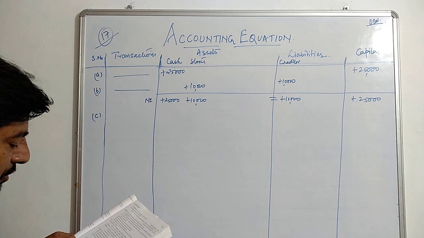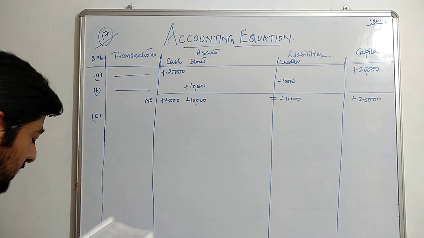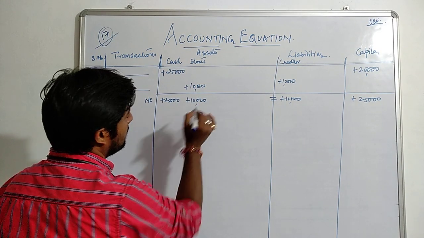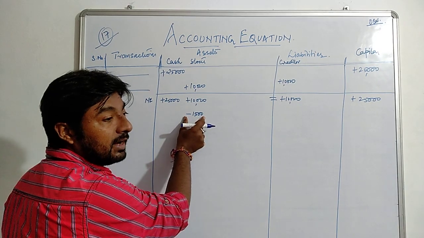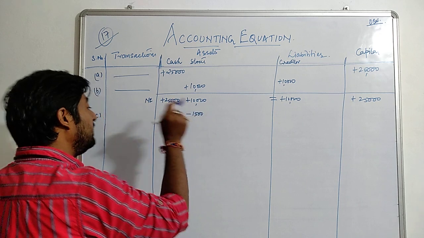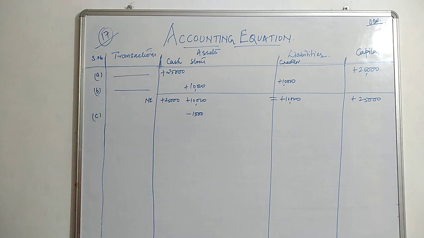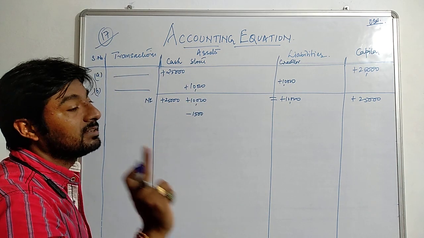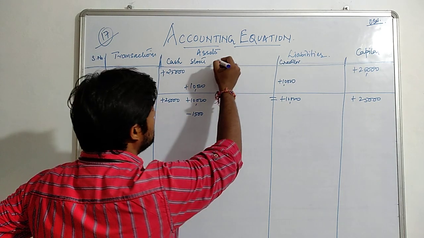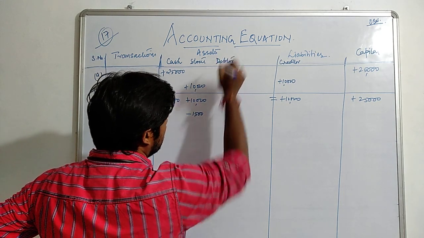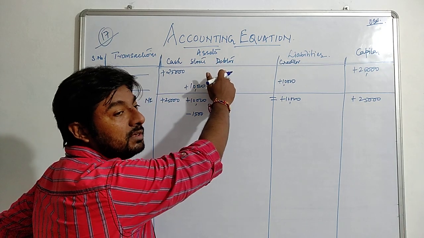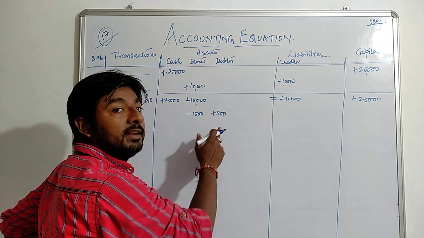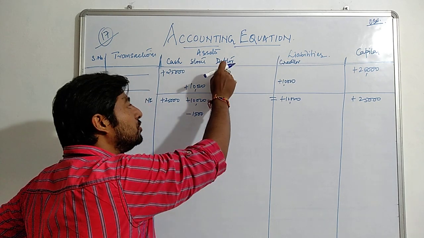Now next transaction. Sold goods to Sohan costing rupees 1,500 for rupees 1,800. You sold the goods. So what is going out from the business? Goods. How much amount of goods? 1,500, right? You are selling this 1,500 of goods to Sohan. Again, name and only name is there. That means this is a credit transaction. You are going to receive an amount later, and the persons from whom we are going to receive an amount later are known as debtors. So you increase the level of debtor by 1800. Why 1800? Because this is the amount which we are going to receive from the debtor.